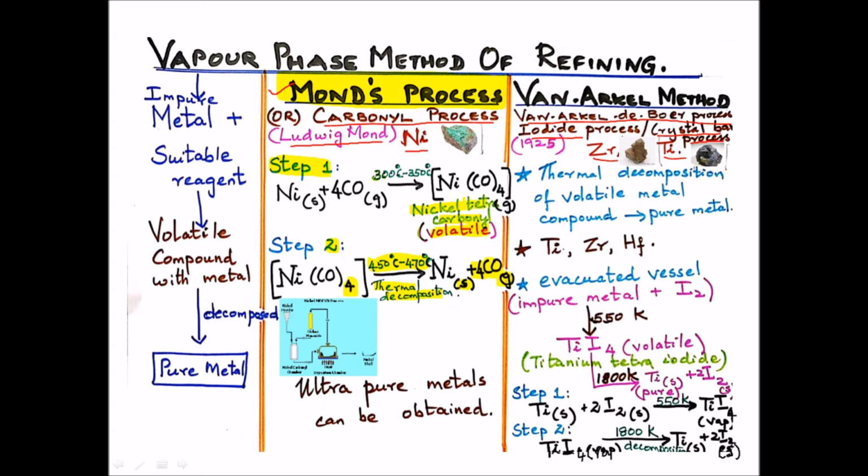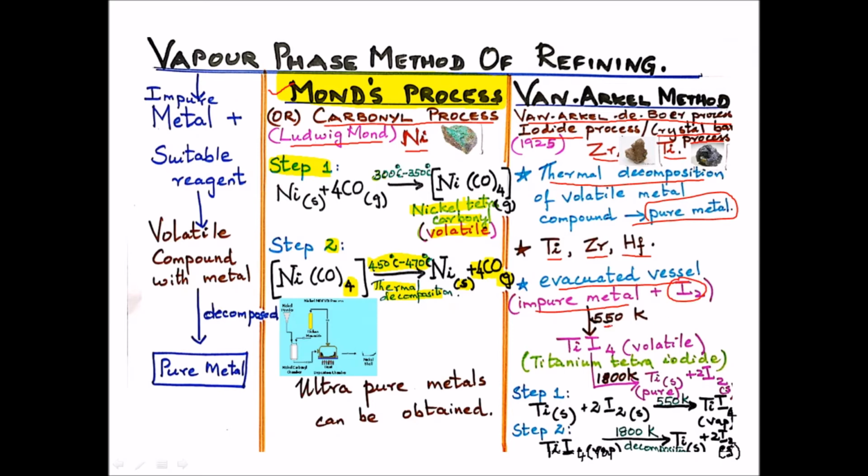Metals such as titanium, zirconium, hafnium can be refined by the Van Arkel method. During this process, thermal decomposition of a volatile metal compound into the pure metal takes place. We take an evacuated vessel in which impure titanium metal is mixed along with a suitable reagent like iodine in the solid form